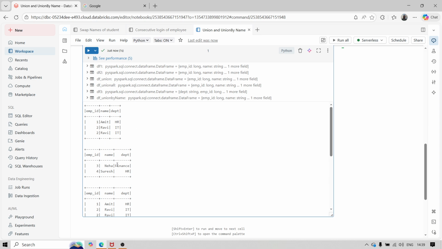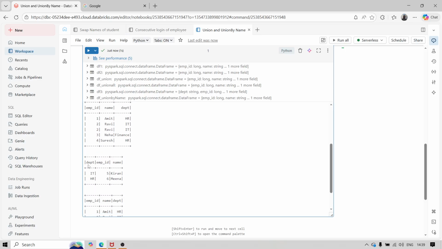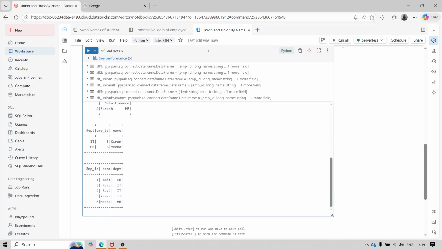This is df1, df2, and this is df3. We have the department in the first column, and after that we have done the union. Here Kiran and Meena have the name in the last column, but here at the last we got the correct order. So that is